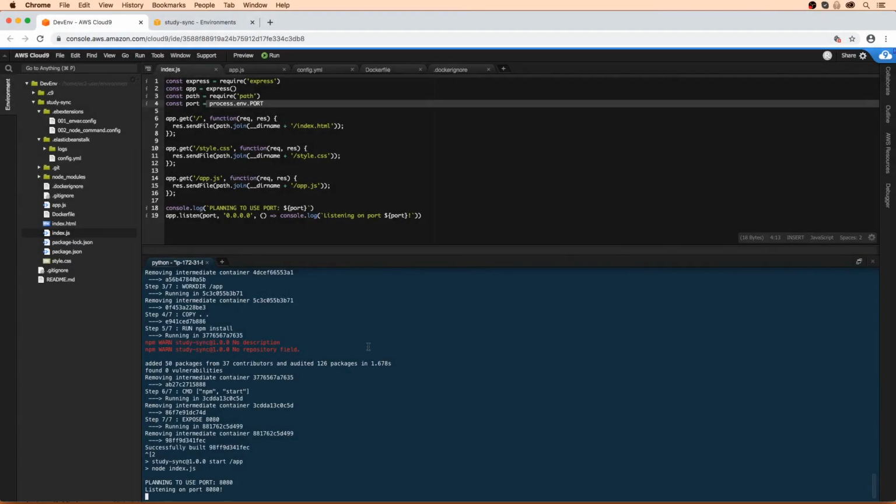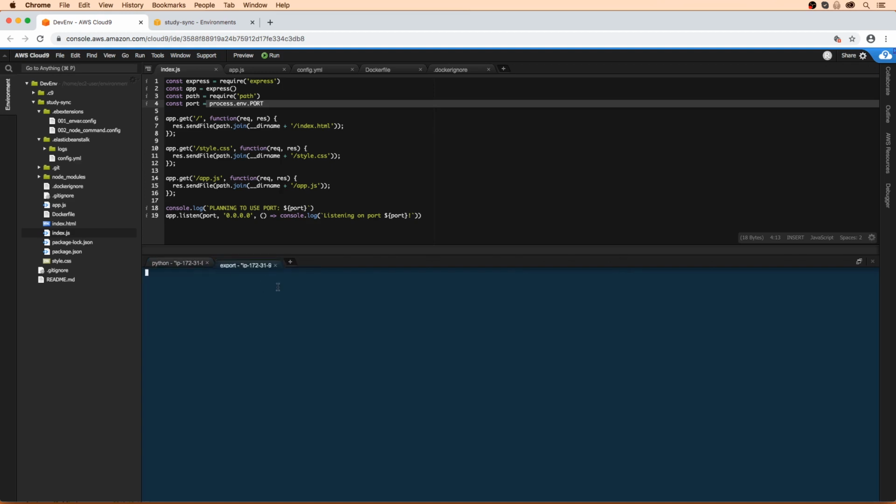All right, so we are back here. It went through the whole process here and built everything, and it's saying that it's running on port 8080. What we're going to need to do is open a new tab here because we're going to need to get the IP address of this Docker or this Cloud9 environment. So we go to a terminal here. I'm going to type in curl